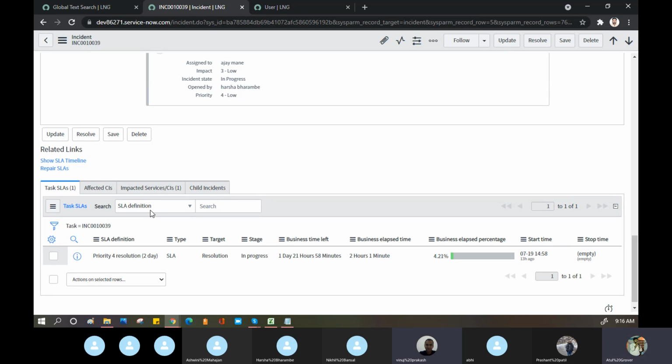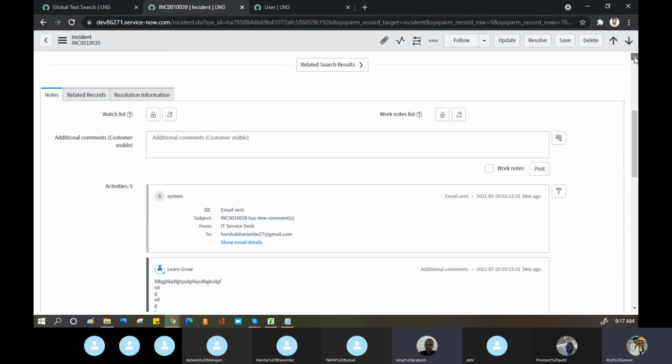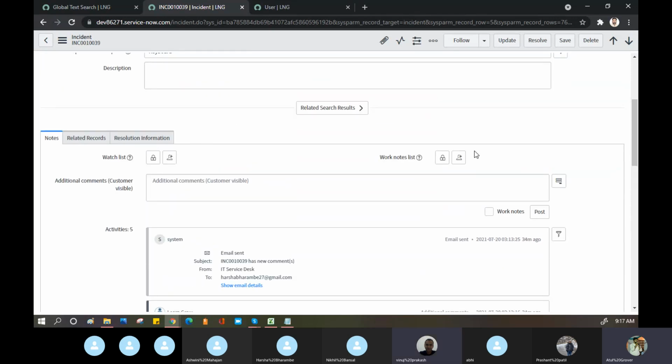Why does ServiceNow give me two separate sets of tabs? Yes, Vinod. One is mainly related to the notes and the resolution item, whereas the other is mainly related to the OLA. No, Vinod, we're talking about all four tabs. I can put that tab on the top as well, right? Why should I have two different sections for the tabs? That is my question.